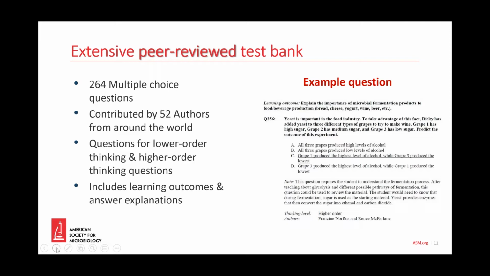And you can see one example question here on your slide where we have a question. You have the 4 answer choices that you could give your students. You have the correct answer choice underlined, and the writer included a note about why that's the correct answer choice. And I'll just stress again that these were peer-reviewed by the ASM education community, and you do get this as part of your instructor's manual. And I think that this will really help you find questions for maybe in-class clicker questions, or you could even use these on quizzes, therefore saving you time in your class prep.